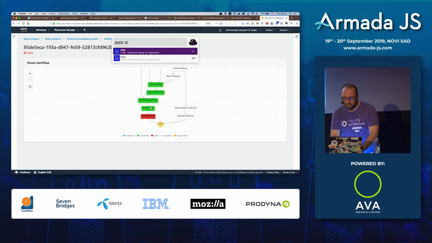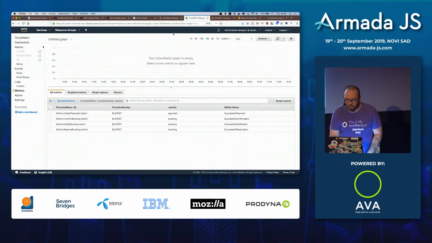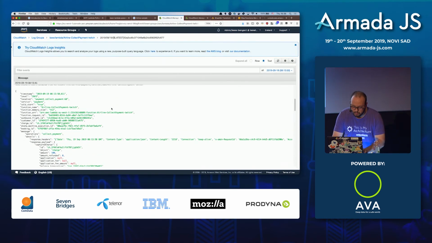Remember the X-Ray piece, the tracing piece? This is what just was traced. If my internet works really well, I will show you the tracing piece. I'll wait for it to load up. I'll go straight to the logs as well. This were, if you remember,